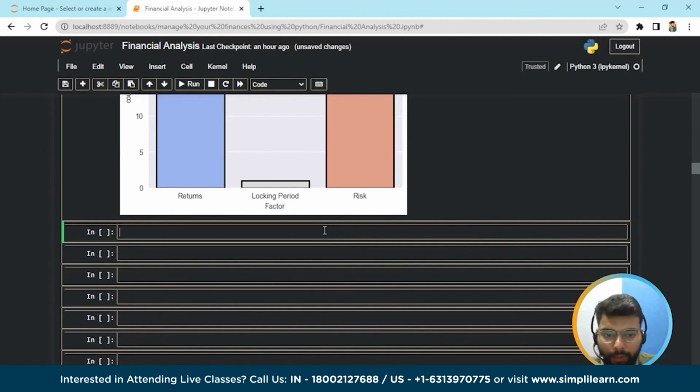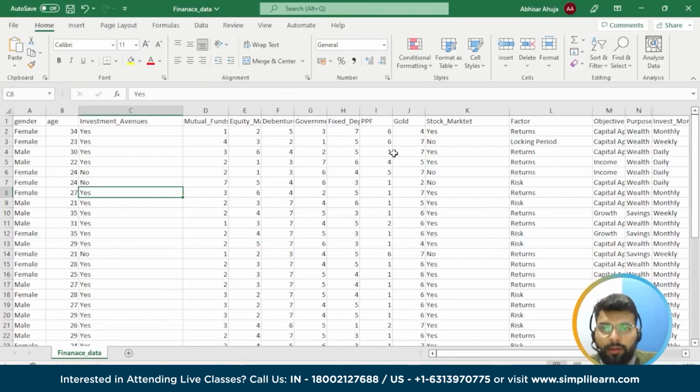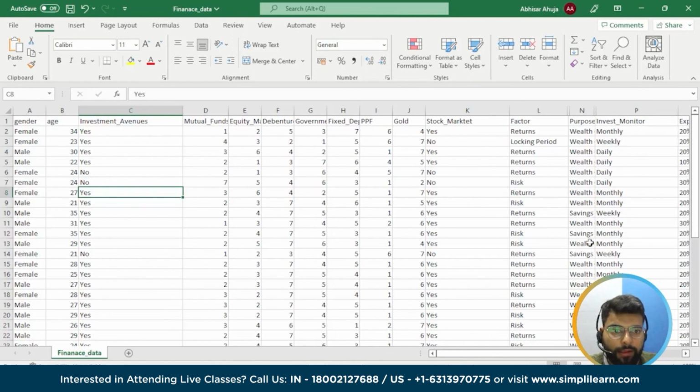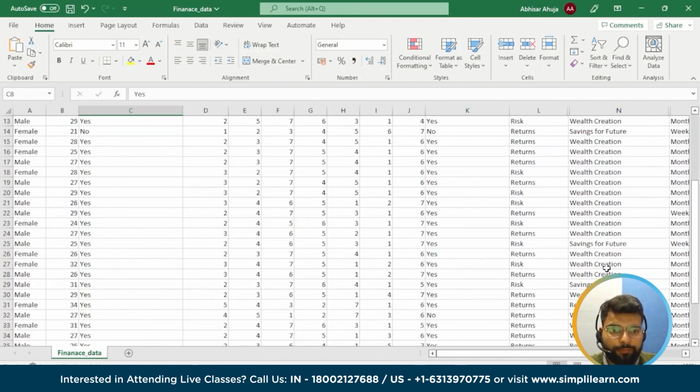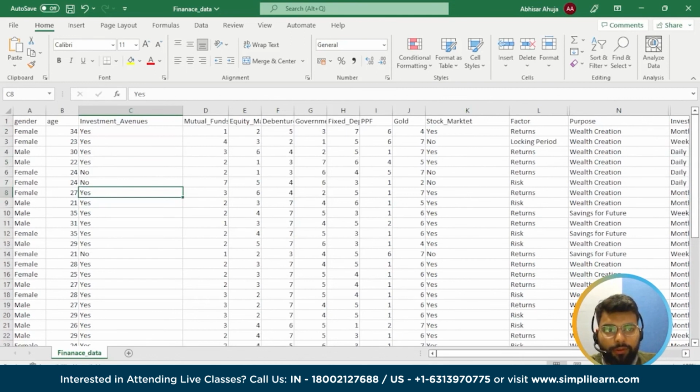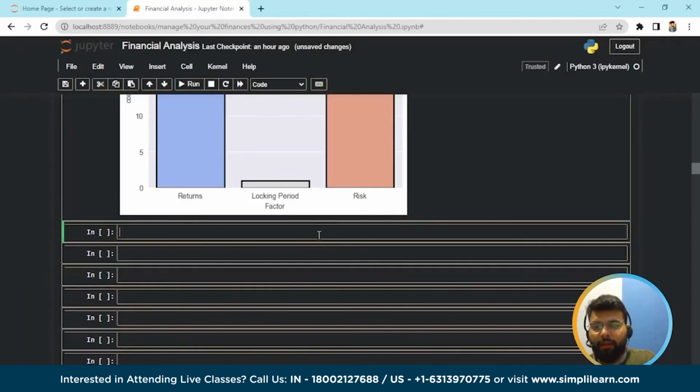And now moving on, we will use Matplotlib and have another figure, and here we will be having our plot for purpose, like for which purpose the people are investing. If you could see the purpose here, that is for wealth, savings, for which purpose they are investing, wealth creation or just savings for future or returns. So we'll create a plot here, and for that we'll use Matplotlib,